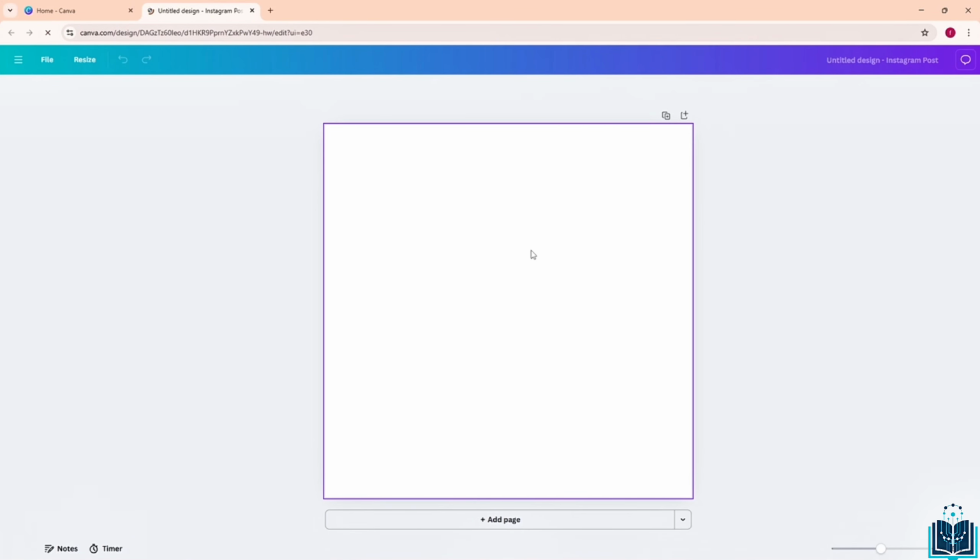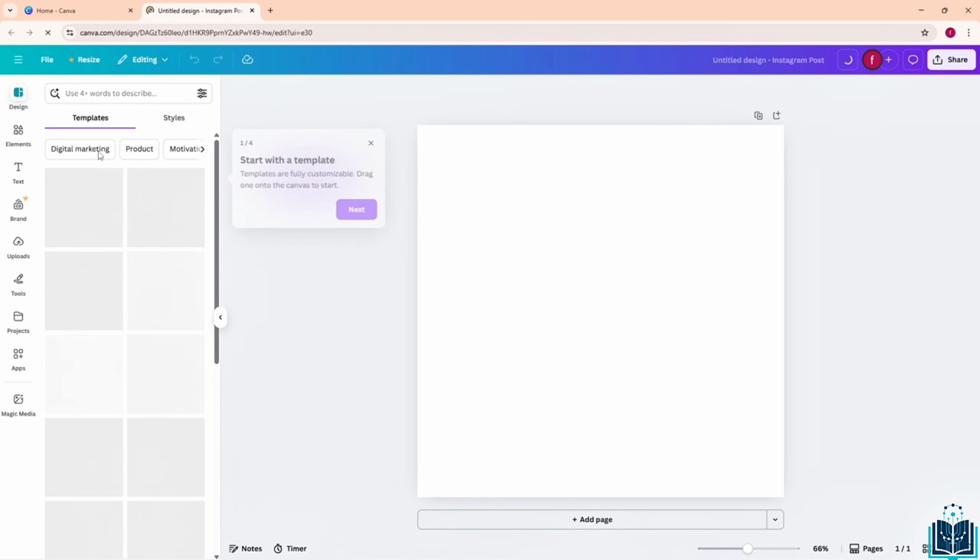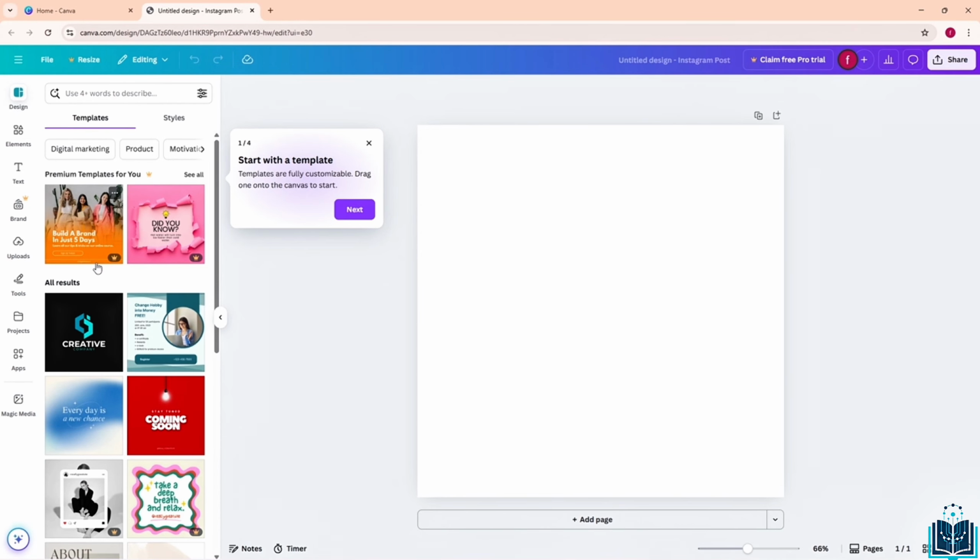Okay, on the left here you will also see the templates, elements, text, and also photos and more. On the right you have the working area, where your design will take shape. So try adding text boxes by clicking